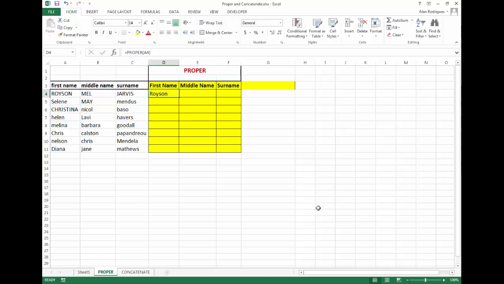Here are two quick and easy methods you can use to copy and paste the formula to all the remaining cells so that they get filled with proper case names. First is autofill. Keep the cursor on the right hand side of the D4 cell where you can see a plus sign. Simply drag it down to the bottom. It fills in the formulas.